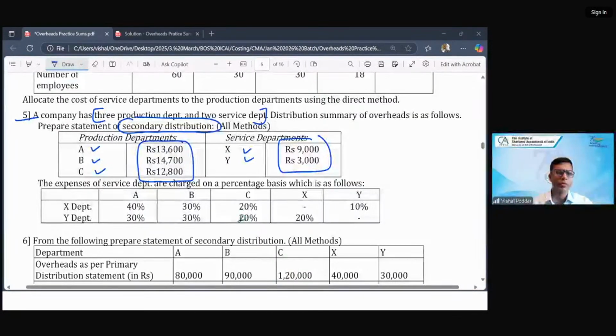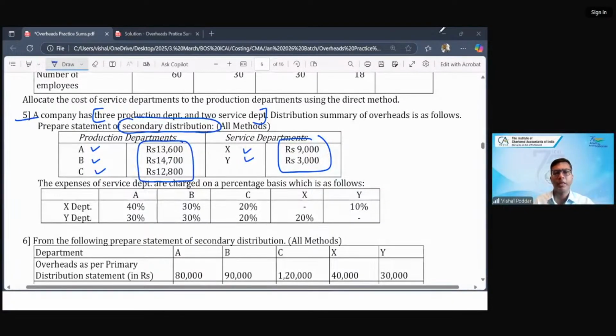Yes, so I may also provide service to X, na Meenu. So in non-reciprocal, in step ladder, it will be any one department providing services to another. In this particular case, where we are going to modify the sum, it is our choice how we modify the sum. You can modify saying X provides to Y, or you can modify the sum saying Y provides to X. So Meenu Kumari, it is possible always. In any option, you can solve the sum. So that is our choice, correct? I only took an example that X is giving to Y. In some scenario, it may be Y giving to X, right?